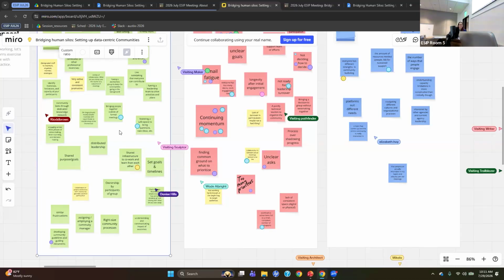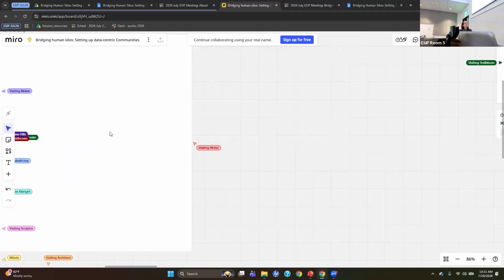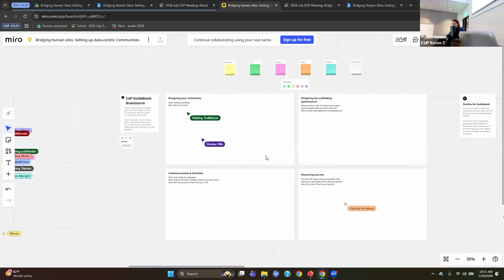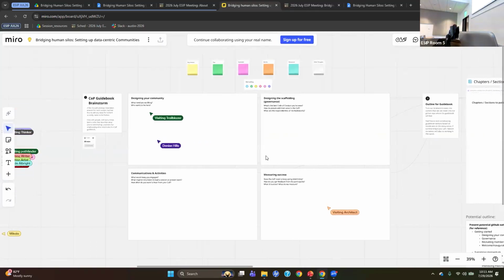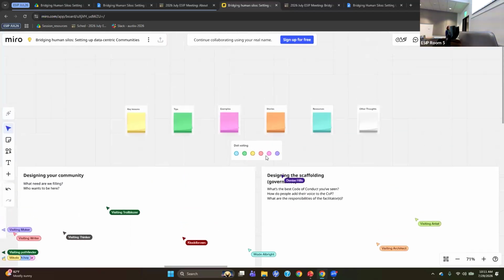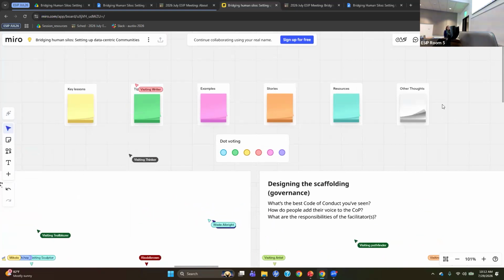So with that, these are like that background and thinking about what works, what didn't, what was surprising. Our next part of this is we set up this section of the Miro board. And this one, the Post-it notes do have a meaning with the color. So we have ones that are like a tip, if you're, hey, this worked for us, an example, resources. If there are things that don't fit into the categories that we put up here, you can use a white sticky note for any other thought.